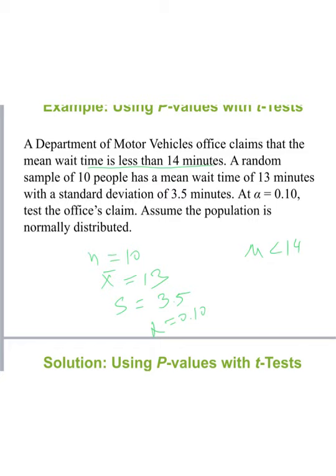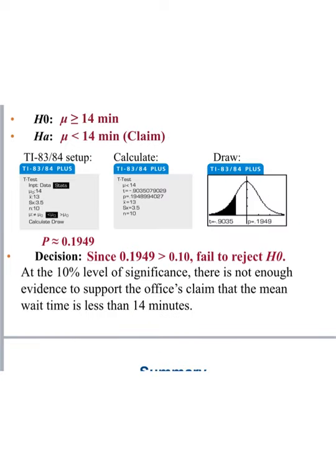Okay, there's no equal sign, so we know it's my alternative, and so the null is going to be mean equals 14, or greater than or equal to. Okay, so we got that, and the claim is here, and it tells me it's going to be left tail. All right, we could actually put that information into technology, and this is the point. So this is our job to do right here. We did that, and if you put it in technology, it will give you the p-value very quickly. And alpha is given to you in the problem itself, so you can